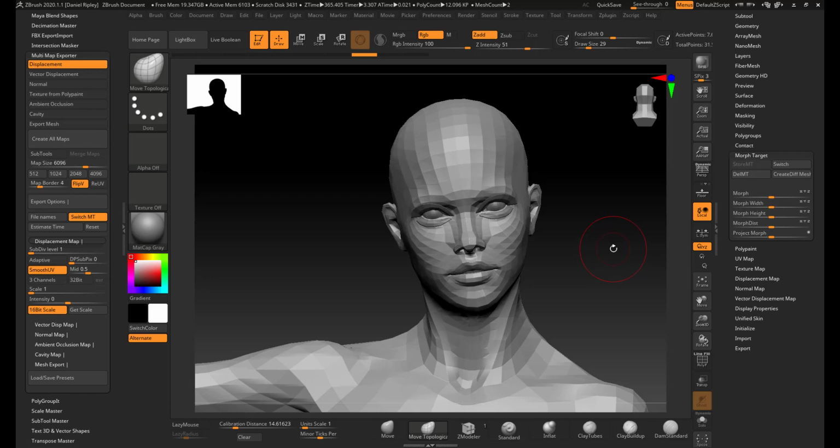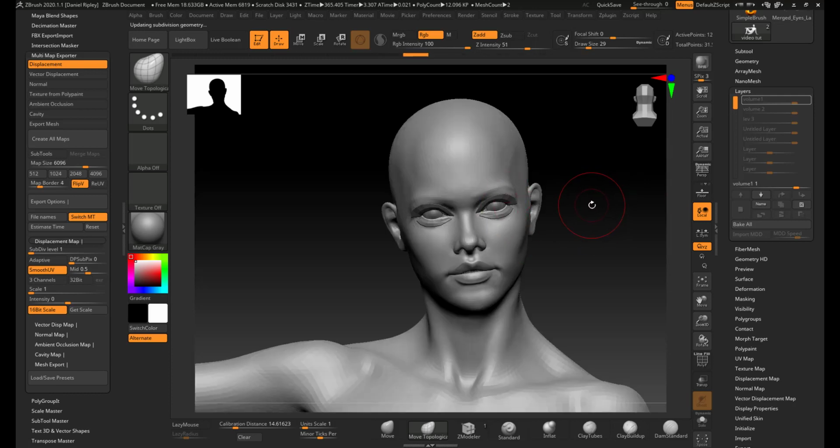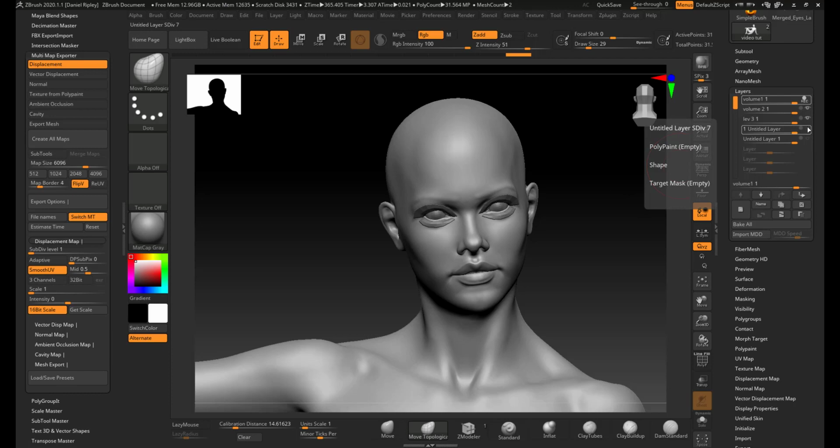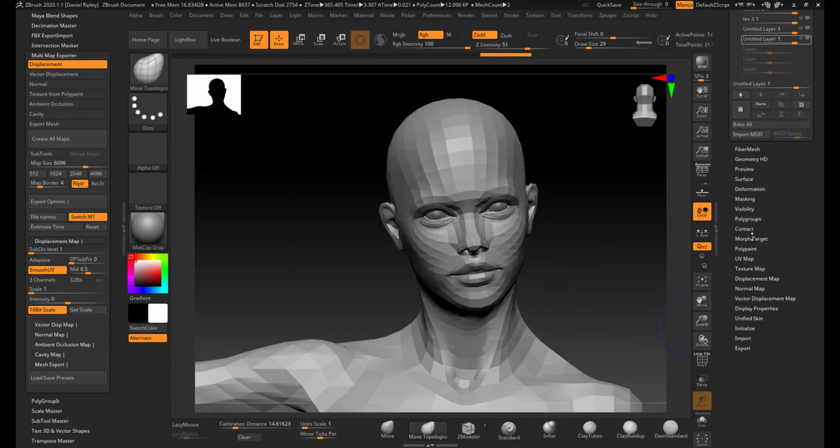Now we're going to create 32-bit displacements. This time I'm going to go to my layers and include the detail in with this. The procedure is exactly the same as before. You can simply go in there and either turn your detail levels on or off and create separate maps, or have them bake all into one. But I'm going to bake them into one just to save a little bit of time. So I'm going to enable these. I'm going to go down to my lowest sub-D level, switch my morph target,